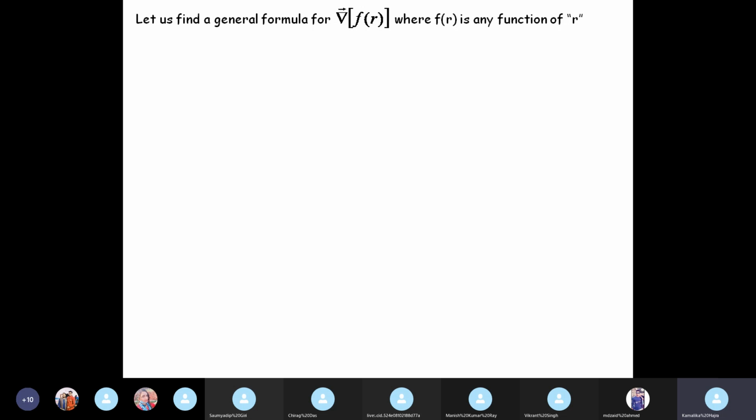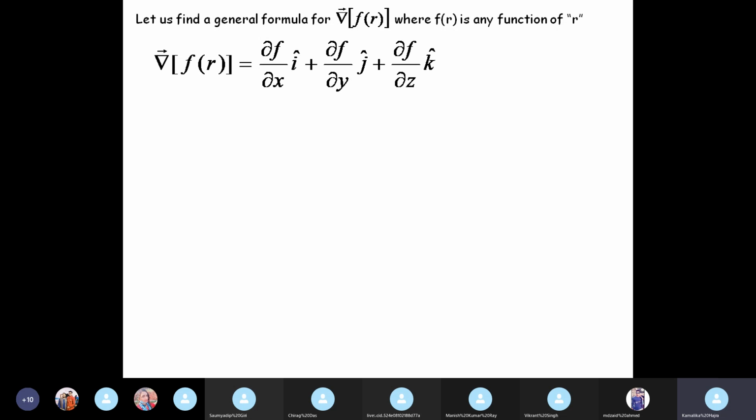This is again a very important formula which you will be required to apply in several places. So just follow the steps, and it will help you even if you get a problem of this kind in the exam. It typically comes as a 2-mark problem in the objective part. So suppose you are asked to find the gradient of some function of r.